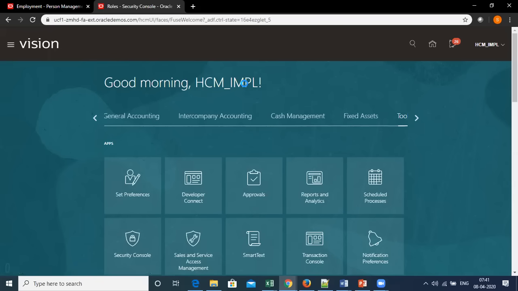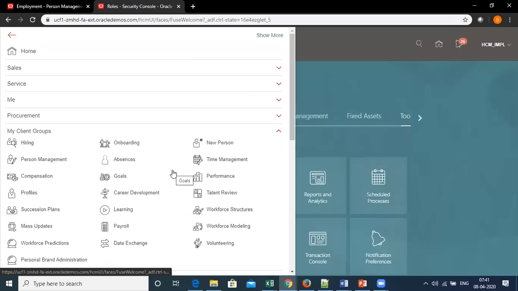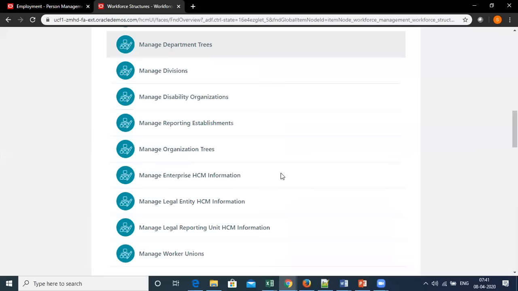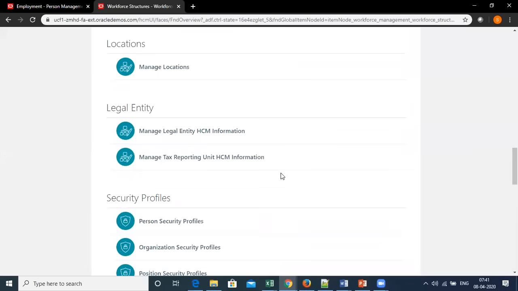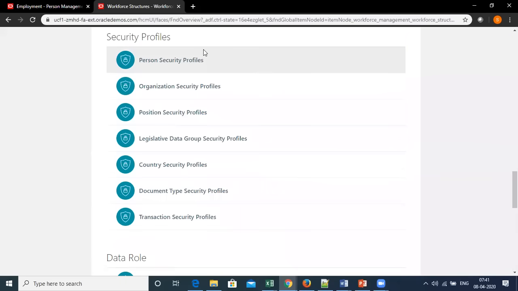Prior to creation of a data role, we need to have data security policies defined on our system, and that is available under workforce structure. Here are the security profiles. So a data role can only be created once we have security policies defined.